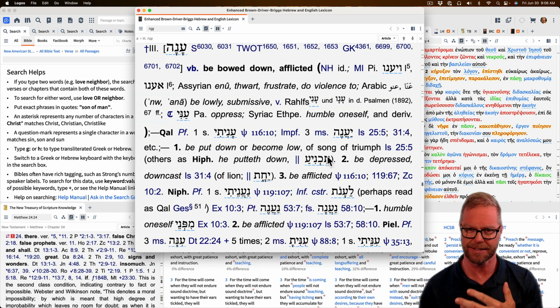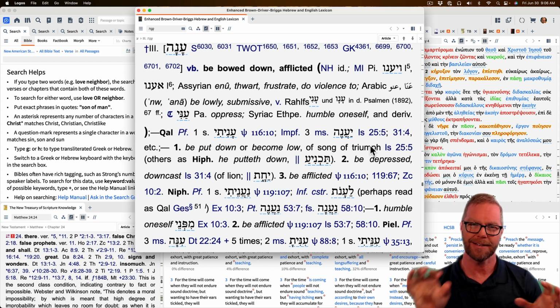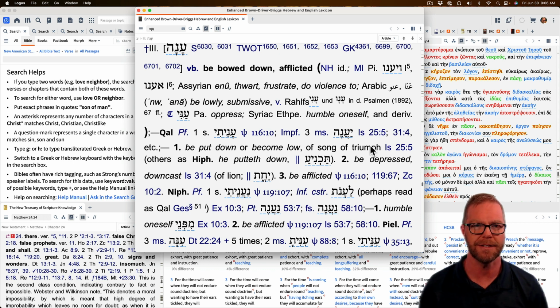If you don't know what that is, again, you'd have to do the exegetical word search, and then all these words that you might not know, like Piel, if you don't know what that means, if you do the exegetical one and you click on the word humble, it'll break it all down, and you can click on all the pieces, which we did earlier. It works the same way for the Hebrew. But anyways, that's the